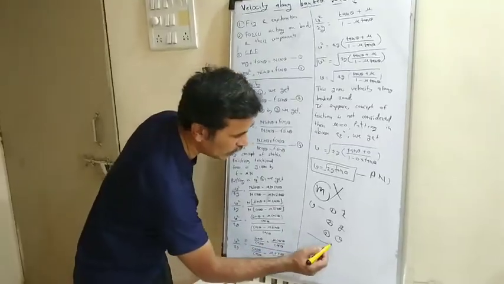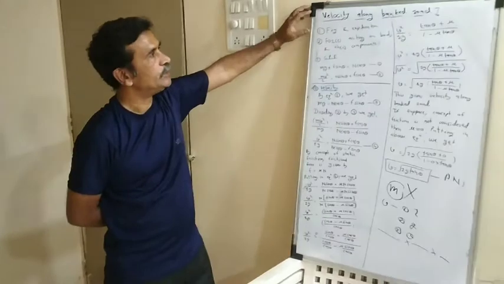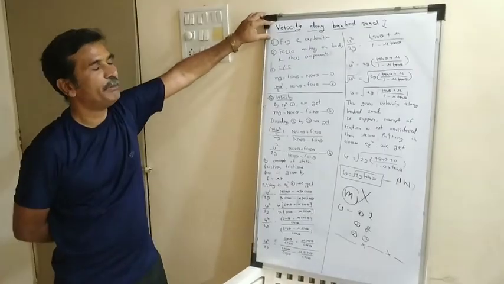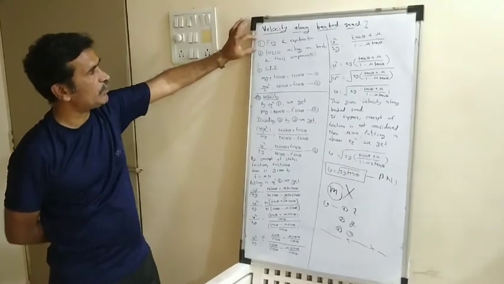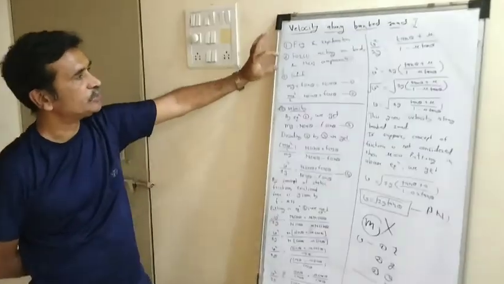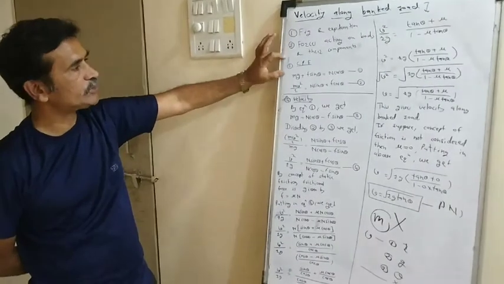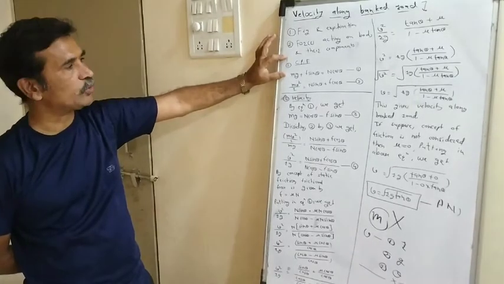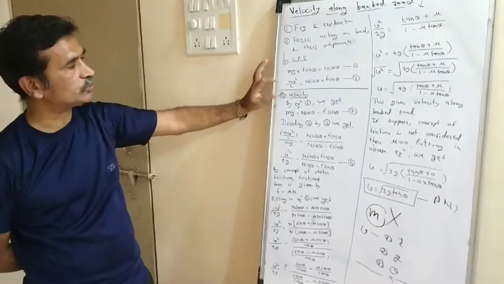So here the article is finished. Normally if you see examinations, almost in alternate years this question was asked: obtain expression for velocity along bank road. This article contains a few steps. Number 1, figure and explanation. Number 2, discuss the concept of forces along with the components. Third step, the very important part, the concept of centripetal force must be introduced. So in the third step, obtain expression for centripetal force.